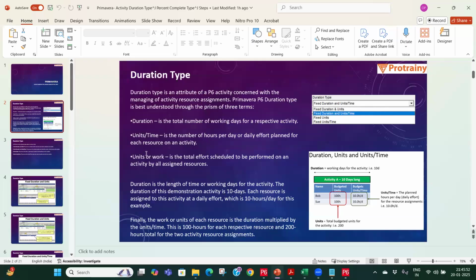अभी यूनिट्स क्या है, यूनिट और वर्क, ठीक है, प्राइमेवेरा में इसको वर्क बोलते हैं, सॉरी एमएसपी में इसको वर्क बोलते हैं, उसी को यहाँ पे यूनिट्स बोलते हैं। तो यूनिट्स एक्चुअली क्या है कि कितना काम मेरे को करना है, how much work I have to do, like 200 hours का काम है। जैसे कोई ड्राइंग बनता है, ठीक है, जैसे कोई पीएनआईडी बन रहा है प्रोसेस का, तो उसके लिए हम लोग एस्टिमेट करते हैं, there is an estimation standard available with the engineering company,